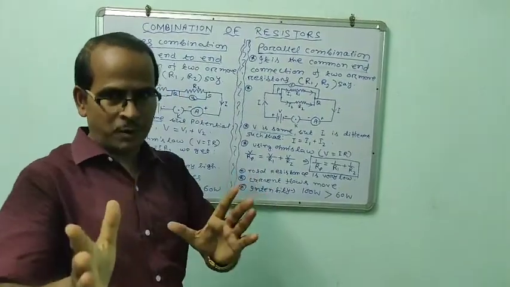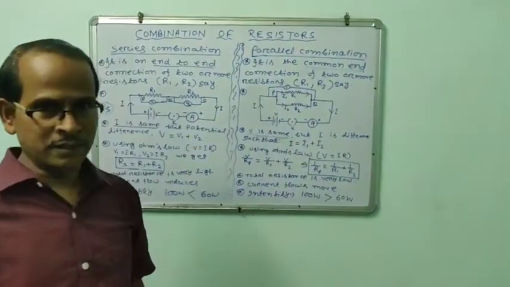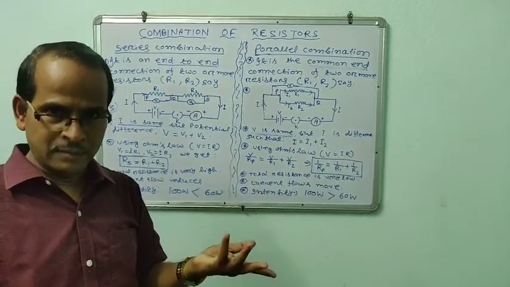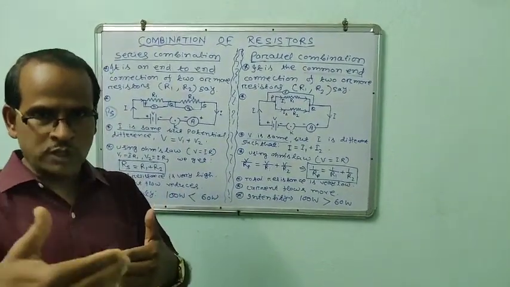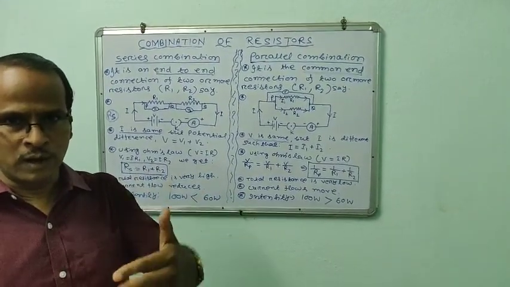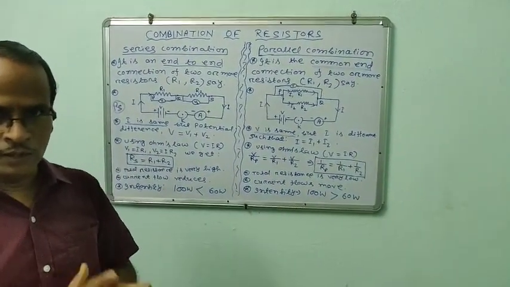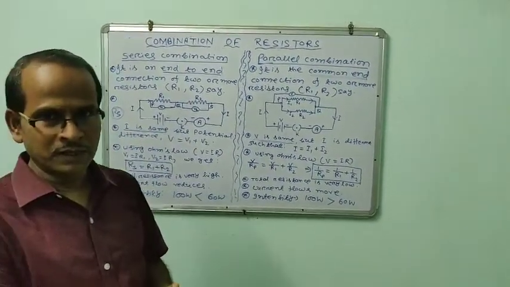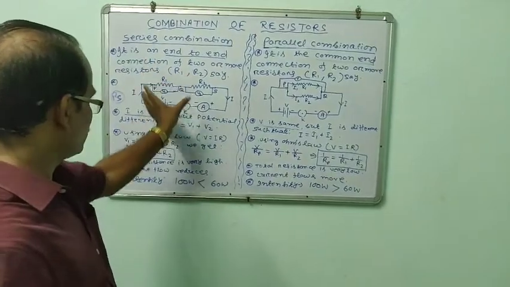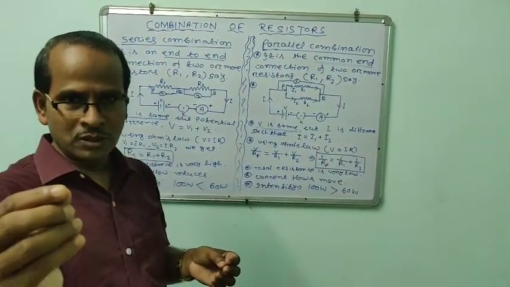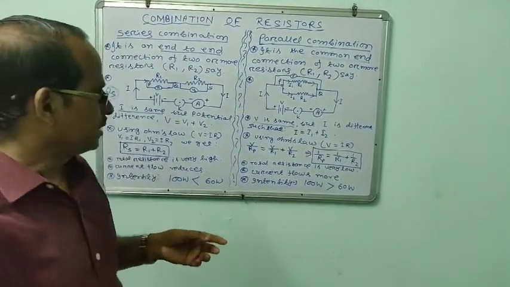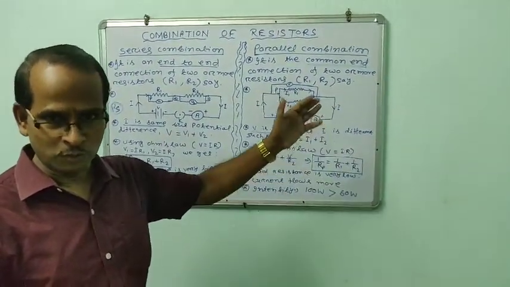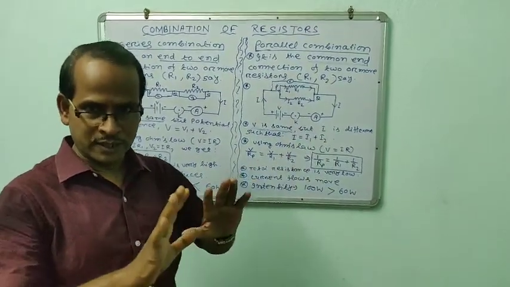In our daily life, actually, we are facing both the combinations. For all the domestic purposes, we are using the parallel combination. You might have seen all of your devices operating at a time, and if you want to switch off any of the devices at any time, it can be operated without any problem. But in series combination, because of that drawback, in daily life we are using it only in the case of a fuse, like that in domestic circuits. Otherwise, parallel is the main important feature in domestic, commercial as well as industrial purposes.